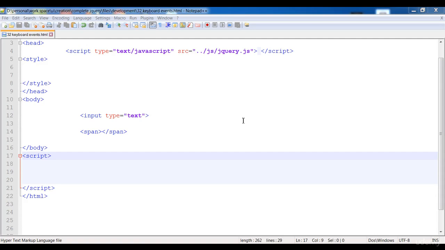In this lecture, I'm going to discuss the keyboard events: when we press any key, when we release any key after pressing it, or when we key down. And now I'm going to discuss them so you can understand these events clearly. Here I have created a text field and a span,